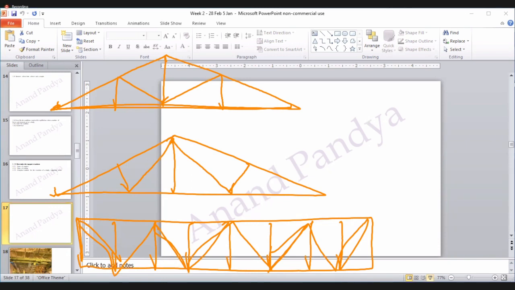These trusses are always made with different kinds of triangles. Watch. Here also is a triangle. This also is a triangle. This also is a triangle. This also is a triangle. Different shapes, but